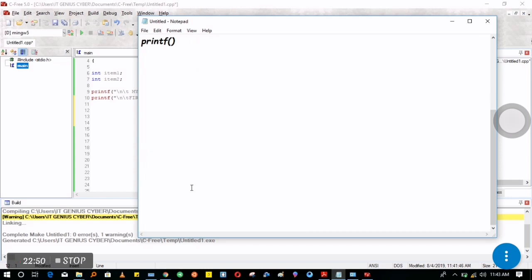Writing item 1, if I'm to declare, sorry, int item 1, then int item 2, this is the same as writing int item 1, then comma, then provide space, item 2,